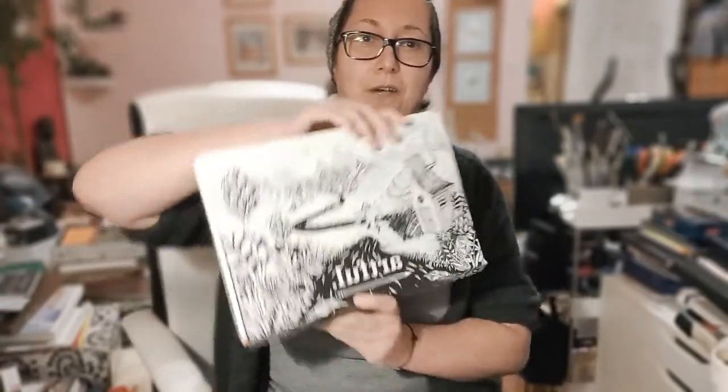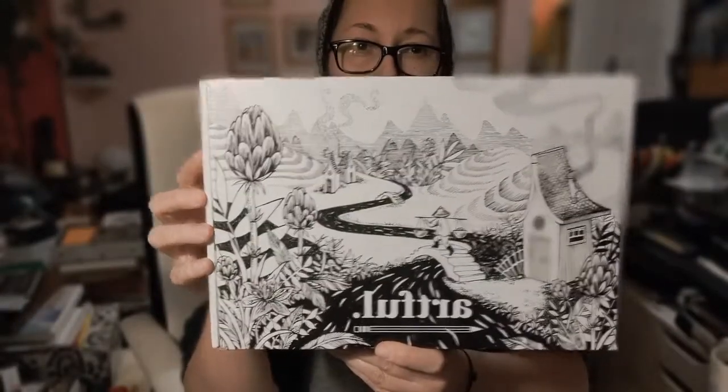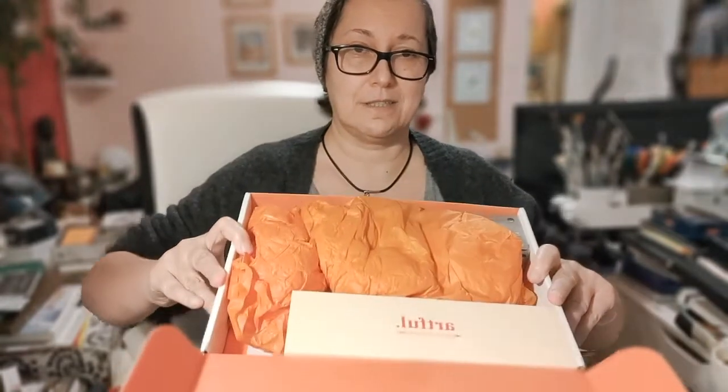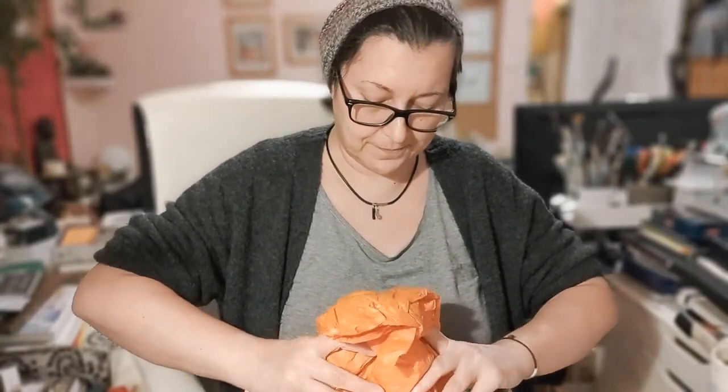And now for a quick look into the other box, the Artful Box, which comes in a really nice design, I think, with drawing on it. The box is supposed to be ink related. That's at least what they said, and the contents they showed on their page, because it's not a total surprise box, this one. And it looks really nice. You can see everything packed. That's just wrapping paper. Here there's something inside here,